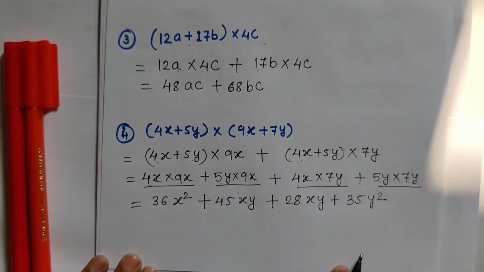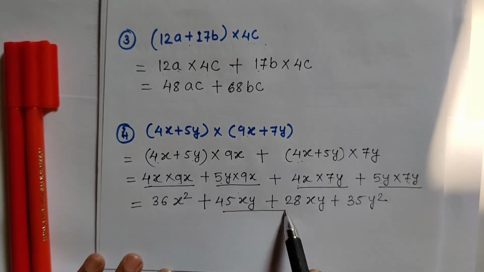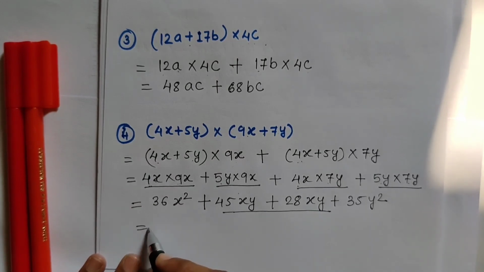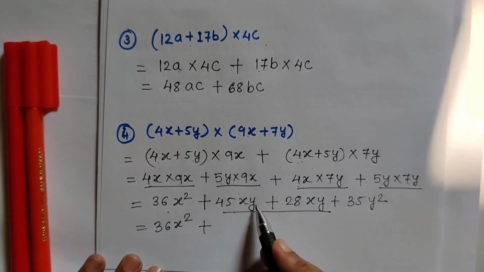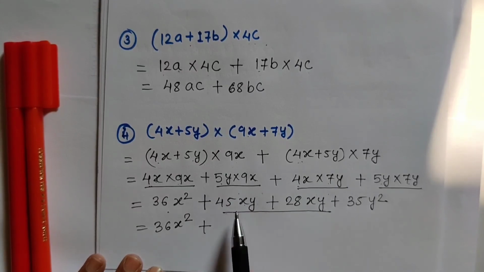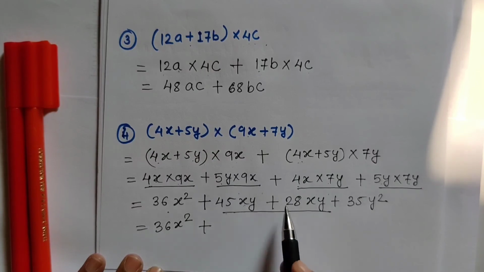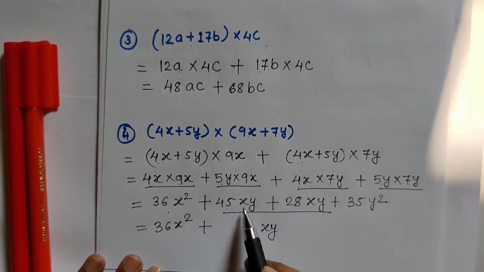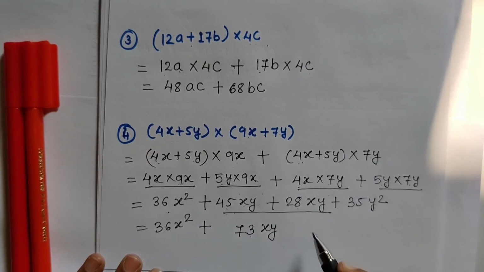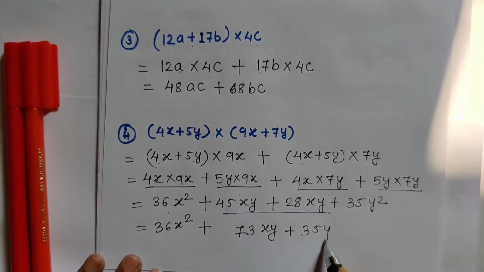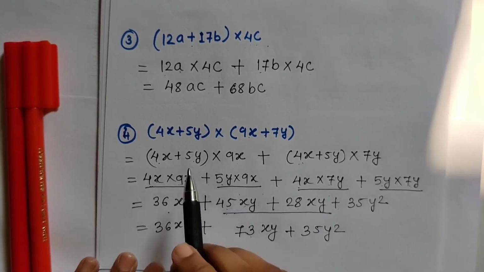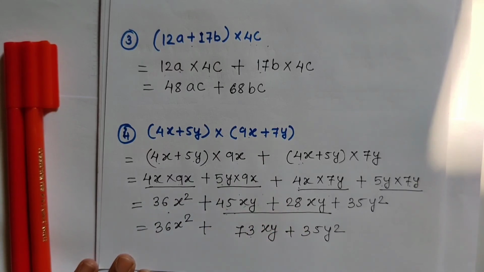Now children, see, are there any two terms which are like terms? Yes, these two terms are like terms, so we can add them. First term write as it is, 36x square. Now these two terms are like terms. They have the same variable with the same power. Power means index, their power is the same, so we can add them. While adding, what do we do? We write the variable one time and we add the coefficients. 5 plus 8 is 13. 3 I have written, 1 carrying, 4 plus 2 is 6, plus 1 is 7. 73xy and plus 35y square. In this way, you have to do the multiplication of two binomials.